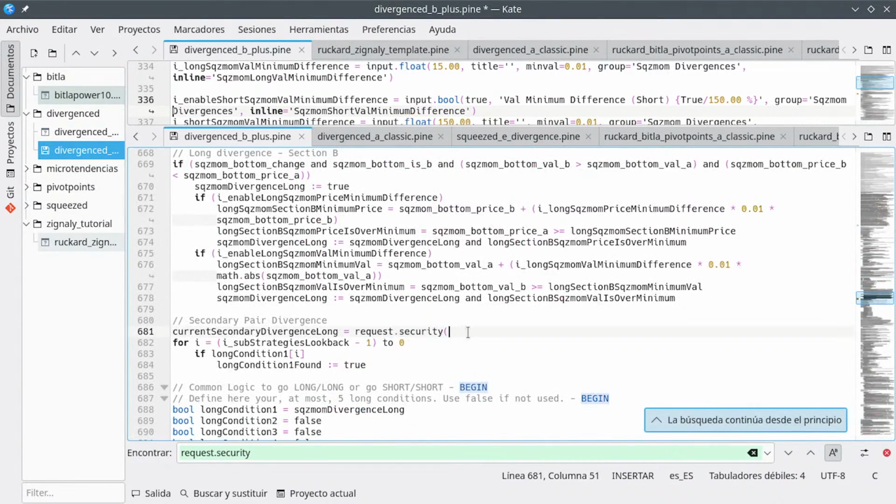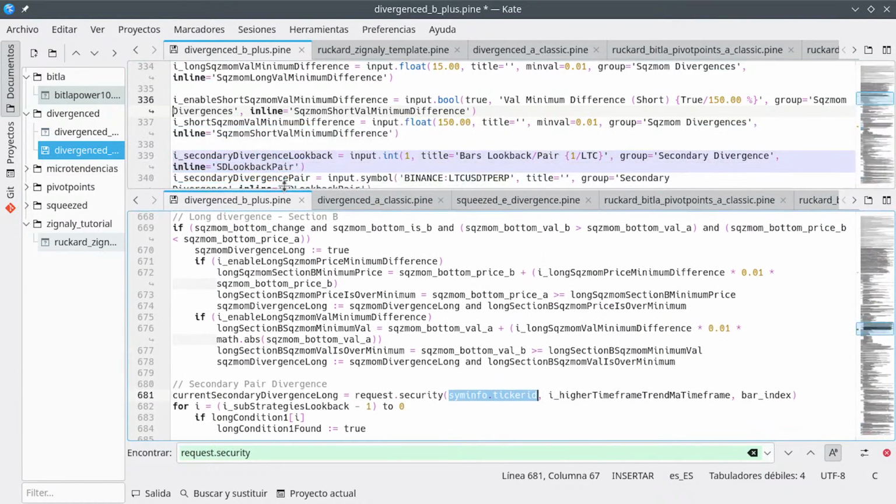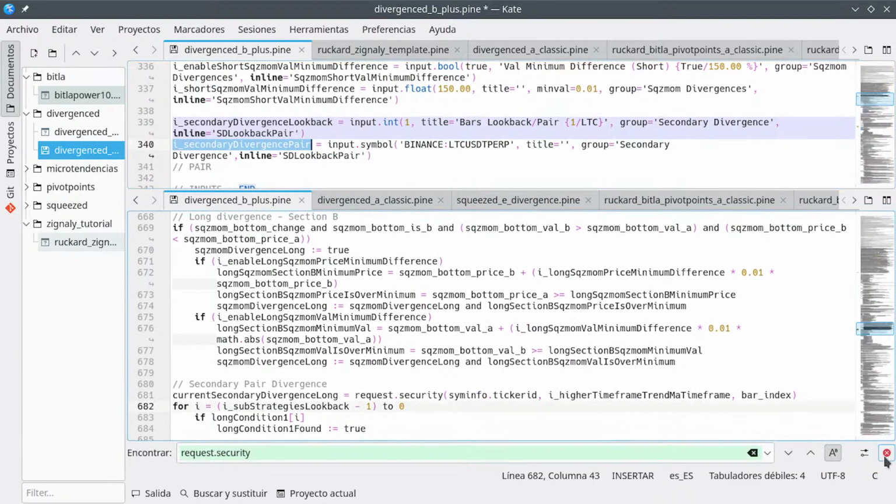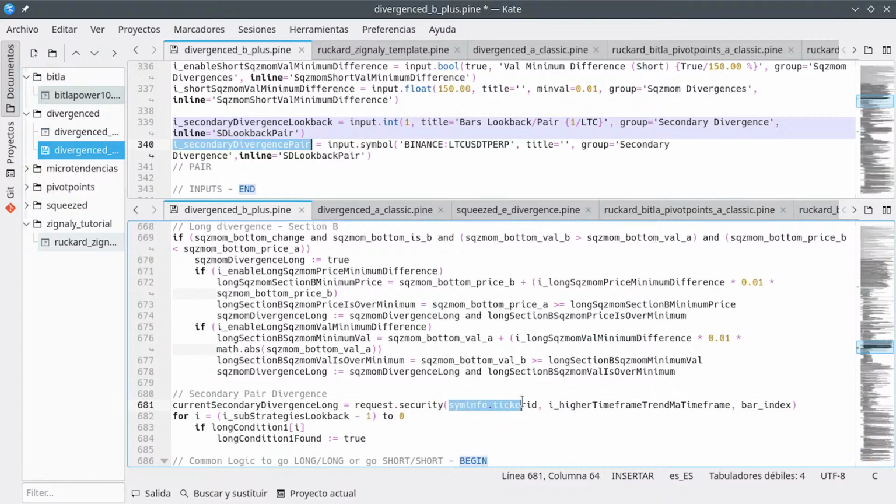Yeah, so the idea is to use the ticker ID from the input, which is secondary divergence pair. Okay,